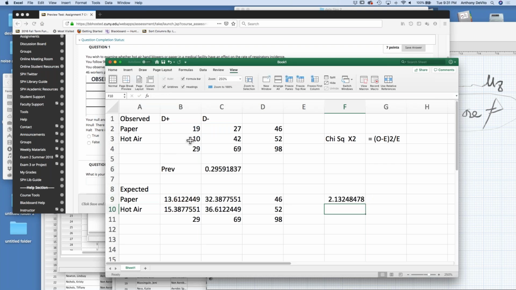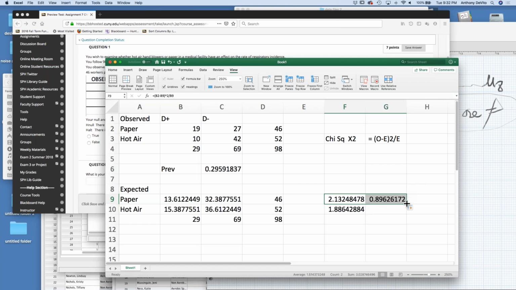Now I'm going to do the same thing for the observed value and for the hot air observed value and expected value. Actually, I can cheat on that, right? I can just copy it down. Since they're both in the same position, I can copy it down and it'll do it for me. Now I'm going to go across from there to the right, and it'll do it again for me, except it's going to do it for this, the observed value minus the expected value divided by the expected value. For this, I copy the formula across,